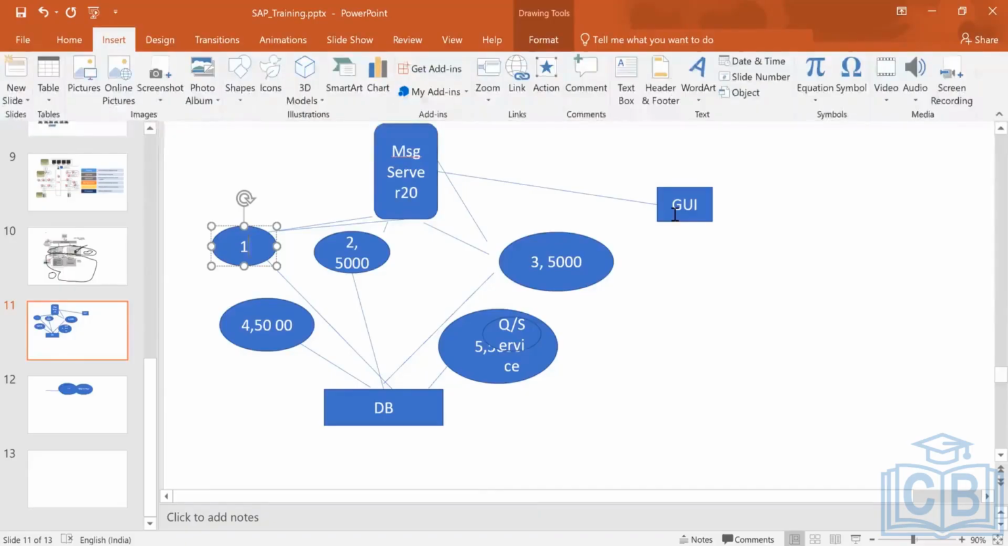For development, there is one message server. For quality, there is one message server. For production, there is one message server. Message server is installed by default in every system, development, quality, production. But the main use of message server comes into the picture when there are a lot of 7 to 8 application servers,